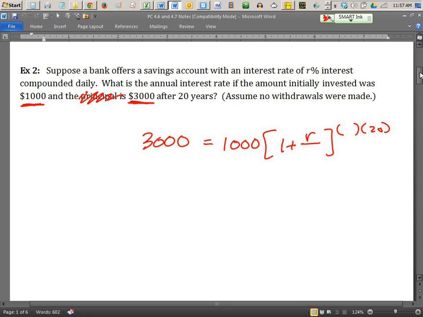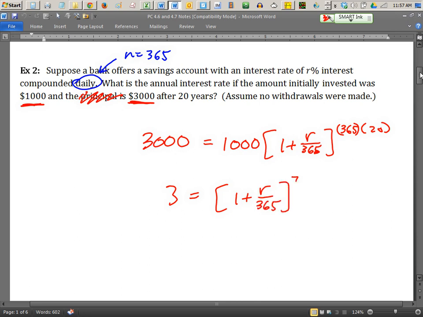What is the n? You've got to find the adverb in the paragraph. So where's my adverb? Daily. So what is n? 365. Okay, so we'll put that in here. So the goal is to solve for r. The first step algebraically is to divide by 1,000. Okay, so dividing by 1,000, we get 3 equals,